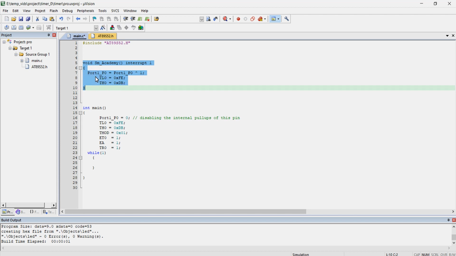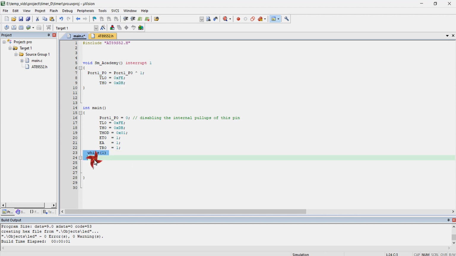When it reaches here, it will toggle the state of the pin P1.0, and after that it will reload the timer load buffer values. After executing all the lines over here, the processor will come back to the same position where it left and resume what it was doing. So this is the routine, and you can see clearly that as per the calculations that we did, this interrupt will be interrupting the processor for every 10 millisecond delay.